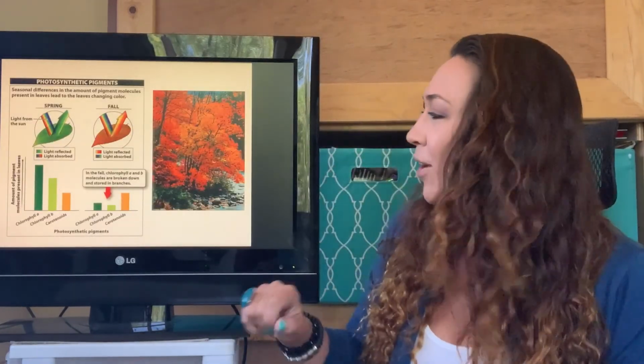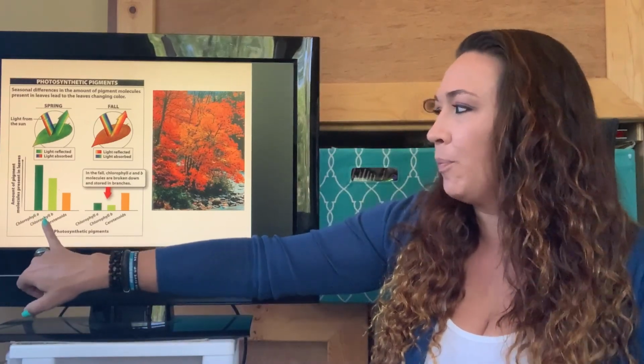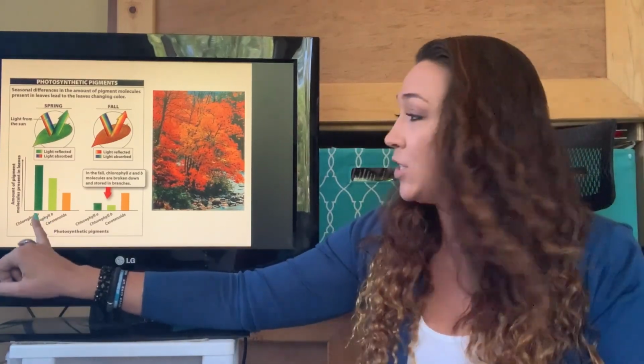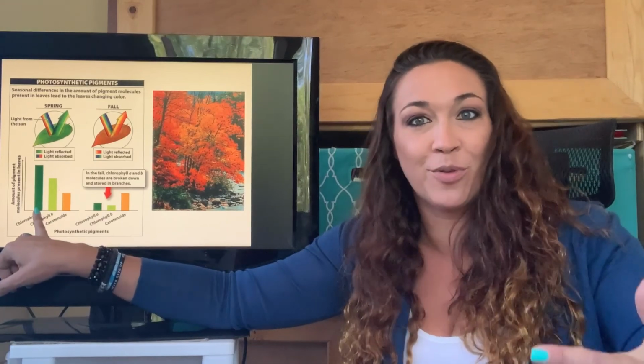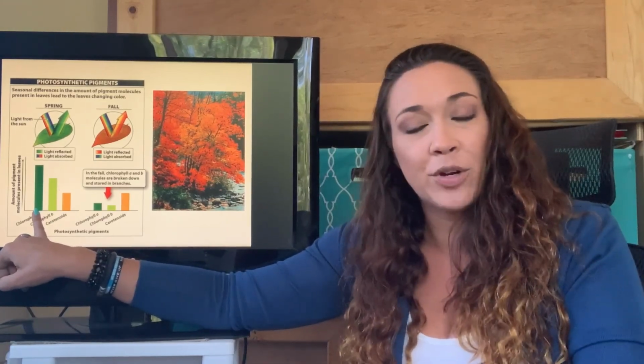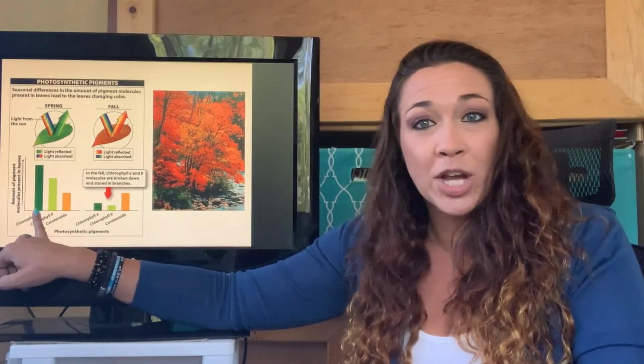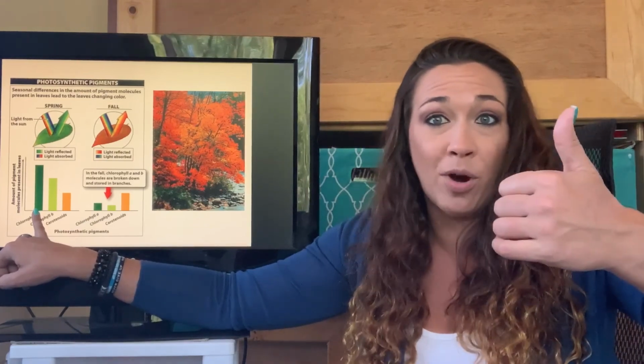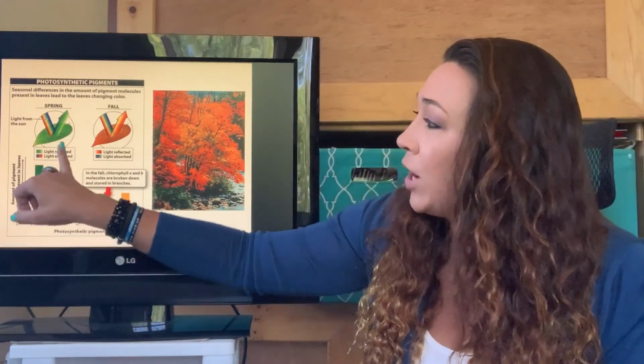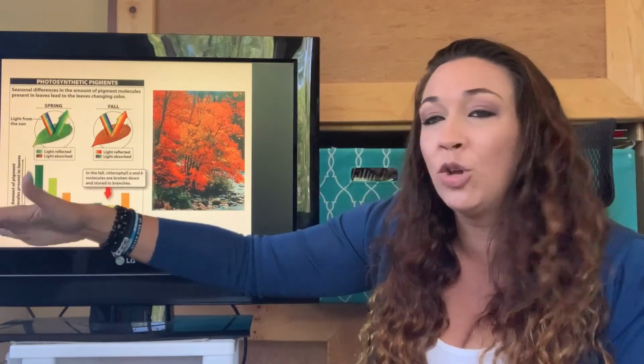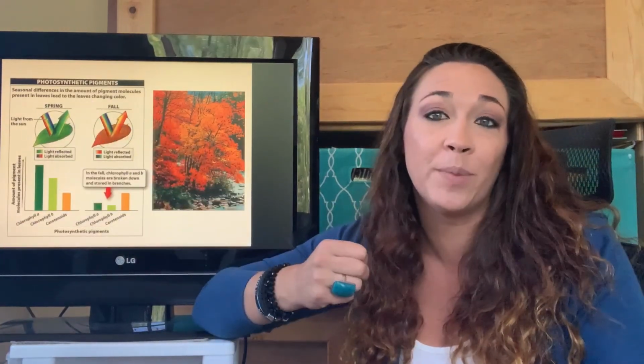This is the one I was looking for right here. So we can see chlorophyll A and chlorophyll B are the most abundant ones. Again, this is going to be those green colors that are reflected out, the light greens and the dark greens. Now, in the summertime, when photosynthesis is totally prime and it's going well, right, we're going to have that yellow-green color reflected. All the other ones are going to be absorbed.